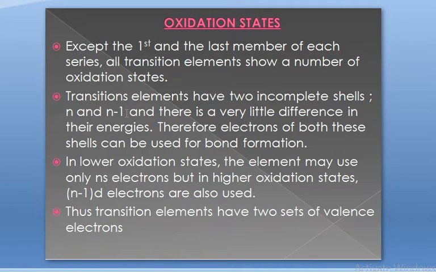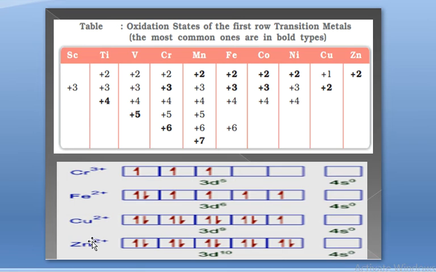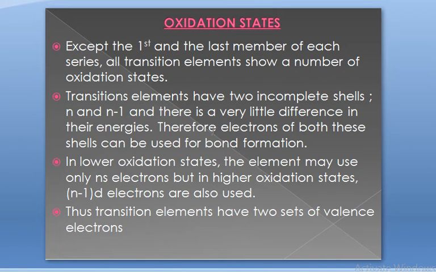And since they are electropositive, they have the ability to lose electrons. For bond formation, for compound formation, they can lose electrons of n as well as n-1 as is the need. That is why they are capable of showing variable oxidation states. If they had configurations such that they could lose only these valence electrons, then they would probably have just one oxidation state, like zinc, +2. But they have these d electrons available also, and they can lose them also. That is why they show variable oxidation states.